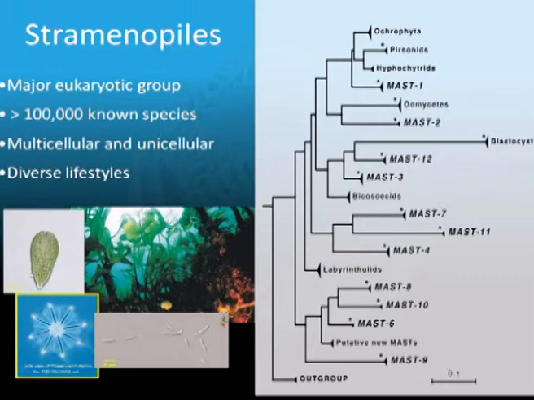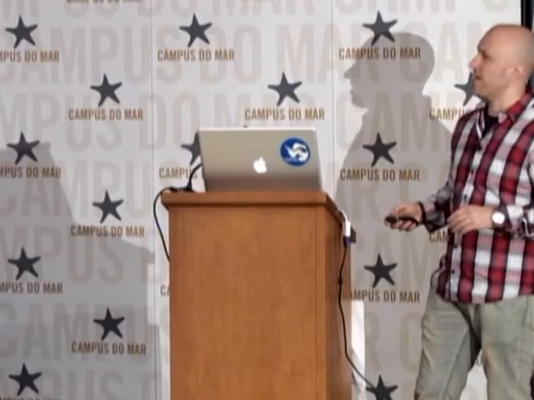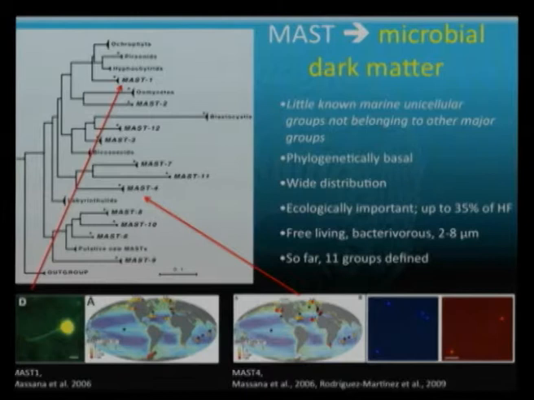But we are not focusing on the most popular Stramenopiles. We focus on some very poorly known groups, which were mostly discovered by Ramon Massana in Barcelona, and he called them MAST. And that's it. They are MAST 1, MAST 2, that's all we know. One is here, the other ones are there, and they look like this, a ball with flagella. These flagellates can be considered a microbial dark matter,